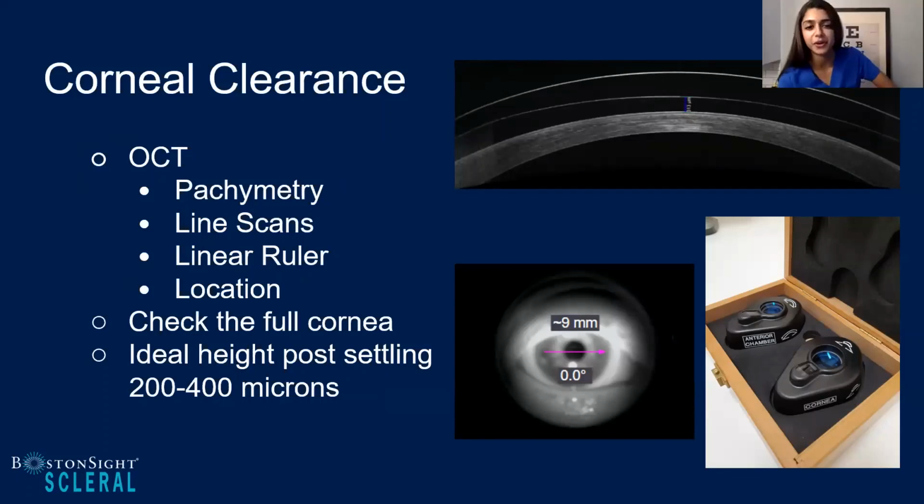Shalu, here's a question for you. At what point do you actually evaluate the central clearance of the scleral lens after you apply it on the surface of the eye? Yeah, it's a good question. So when I initially put a lens on, I want to very quickly do quick scans of the cornea to see, okay, do I have touch anywhere? If I don't have touch, then I'm going to go right ahead and let that lens settle.